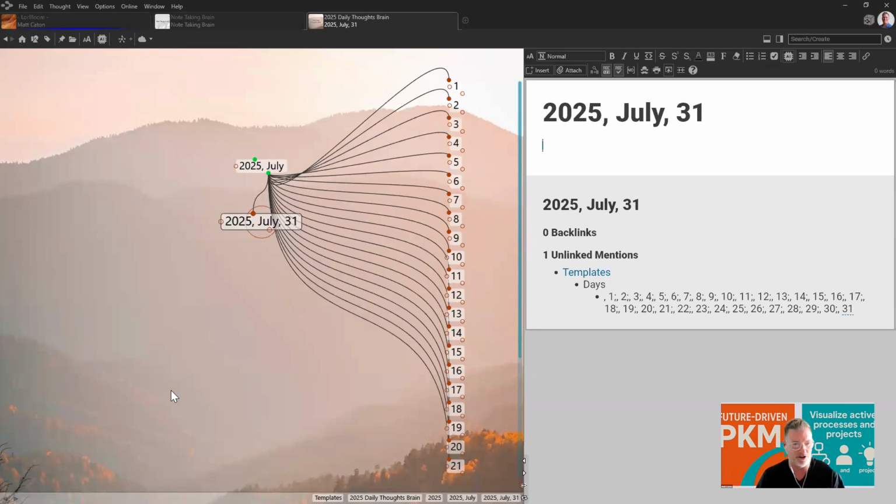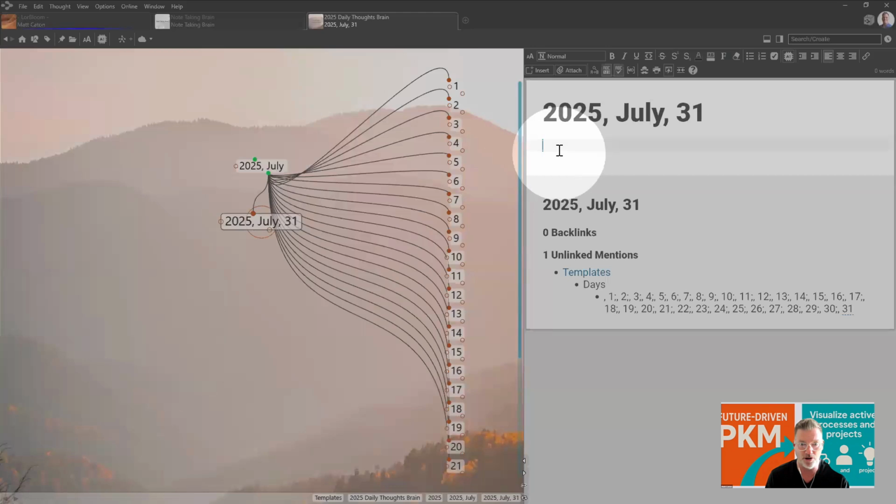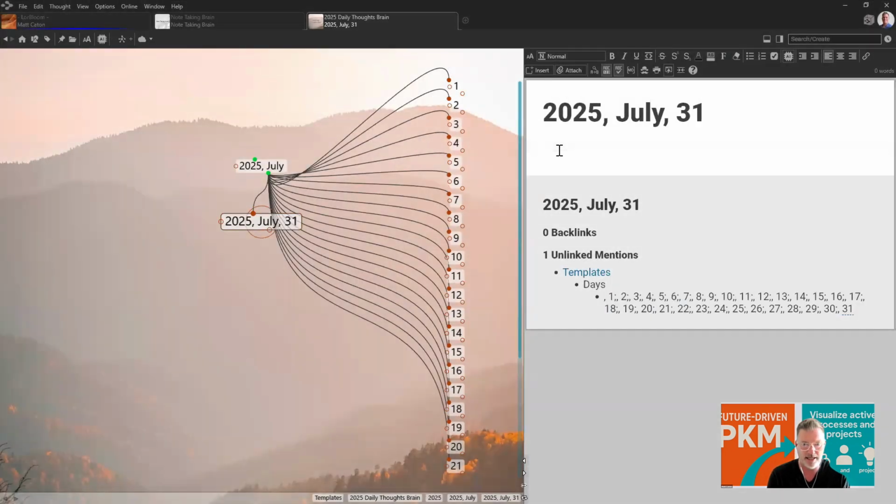So I'm ready to start journaling tomorrow, and I can link files, documents, and pages to specific days by dragging and dropping into the brain, or just go right here into the notes. I had a great webinar with Shelly today.